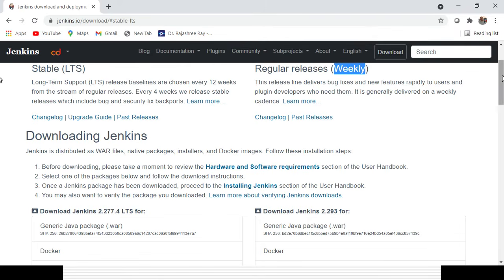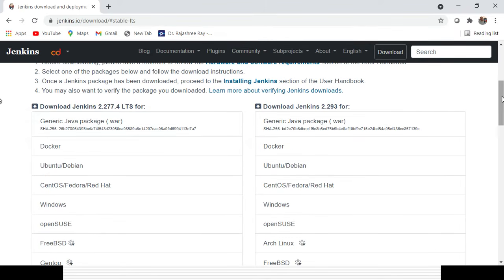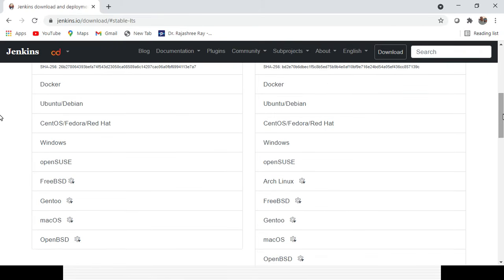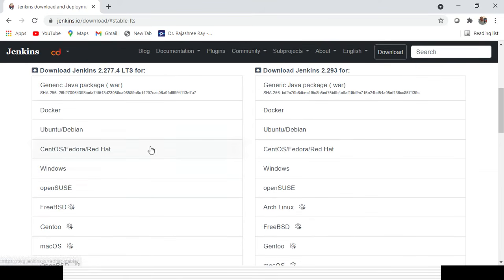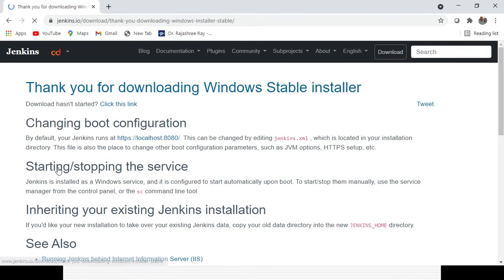You can see in the downloading section, download Jenkins for LTS, there are a lot of options available. If you want to install for Docker, Windows, Mac, or Linux, you can get everything. I will install it for Windows, so you need to click on Windows.